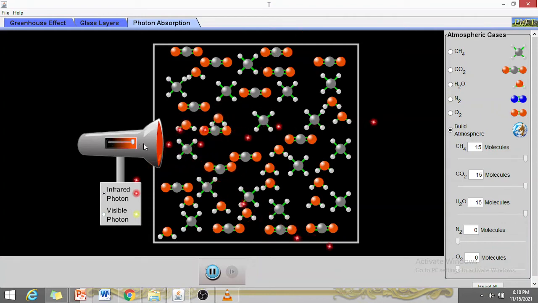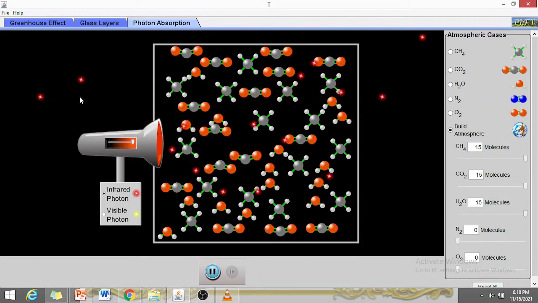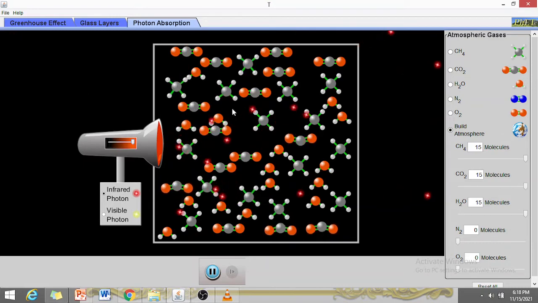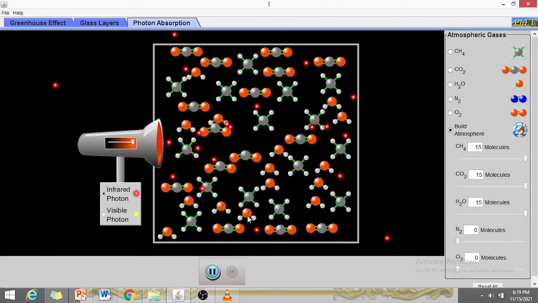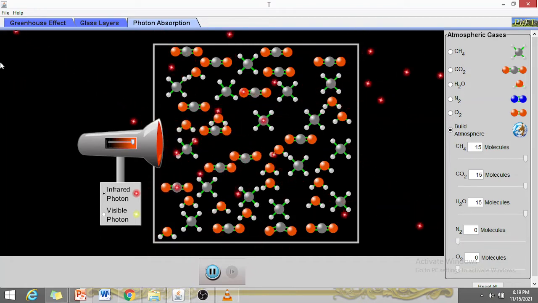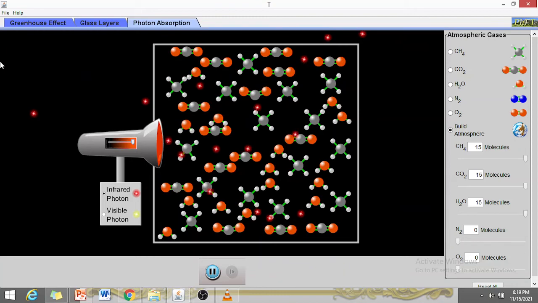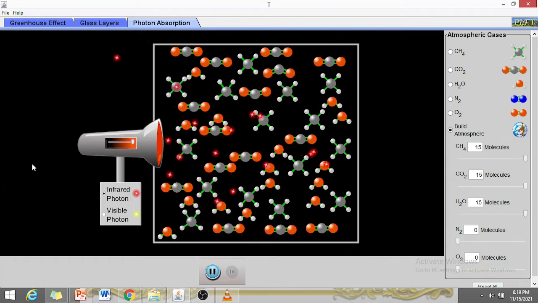Okay? So, once na na-absorb siya ng mga greenhouse gases, ayan, there is a photon absorption na nangyayari. So, anong napapansin nyo, class, dito sa mga photons? Okay, yung iba, pumapakawala. Okay, this is a hypothetical atmosphere. Then, yung iba, bumabalik siya sa kabilang side, which this one represents the Earth's surface.